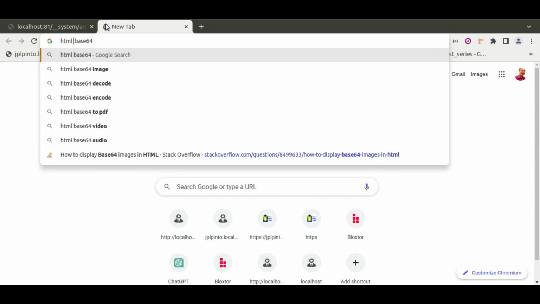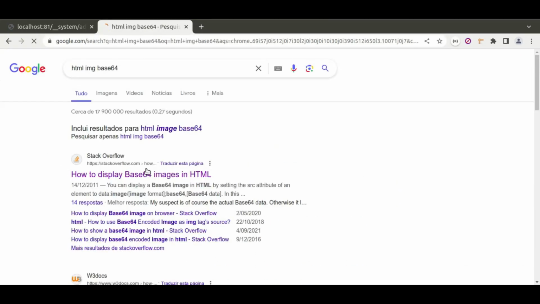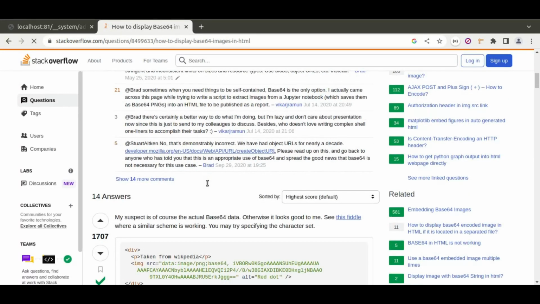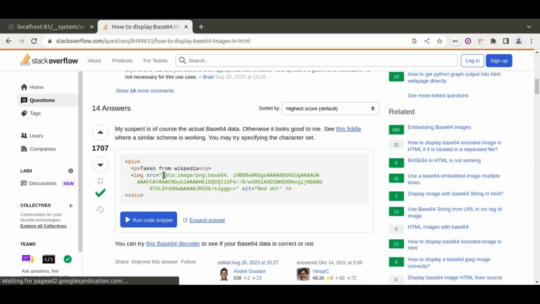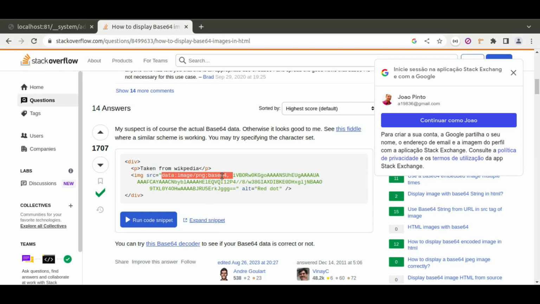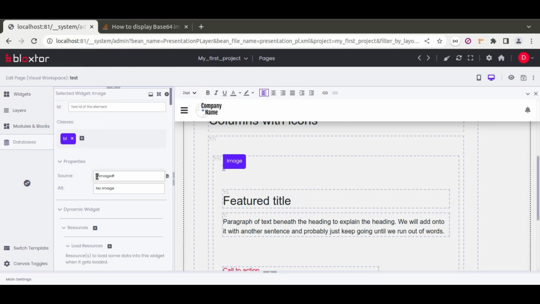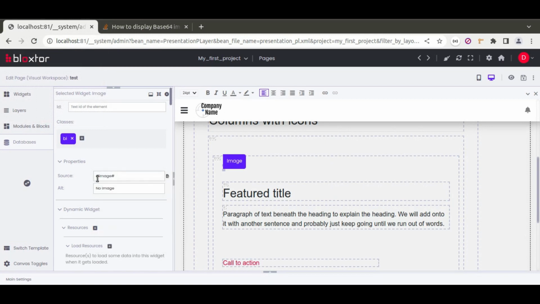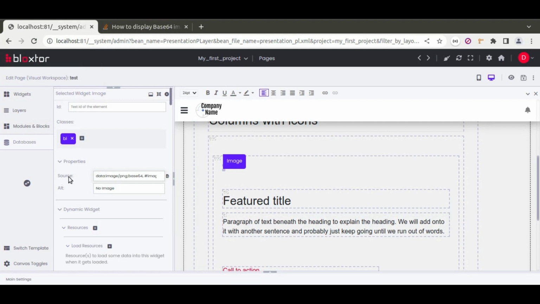HTML IMG base 64. If you search this right away, you choose the first link, and basically what you need to do is copy this part here, which tells the browser that what is after here is basically the binary code of the image. Well, it's not the binary, but it's like a binary representation in base 64. So in here we need to paste it, okay,